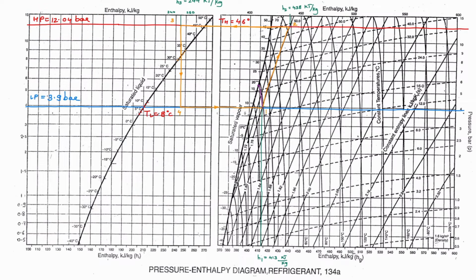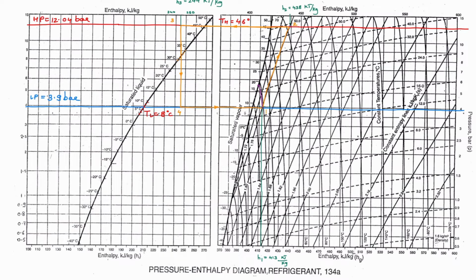In the same way, again go to the appendix. LP is 3.9 bar absolute. Read the temperature value from there. It is approximately T low is 8. So here you can see from 5 to 10, I have divided it in 5 equal parts: 6, 7, 8, 9, 10. And from 8 degrees Celsius, I have drawn a horizontal line. So 8 over here and 8 over here. Okay, both sides you have to mark 8, and using these 2 points you have to draw a horizontal line. This line will be LP 3.9 bar.